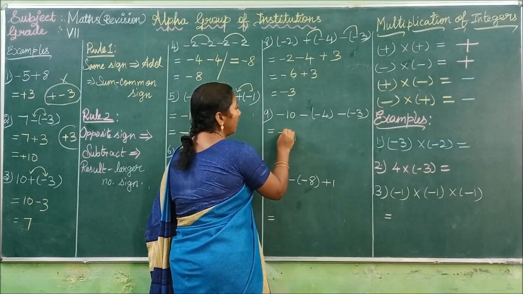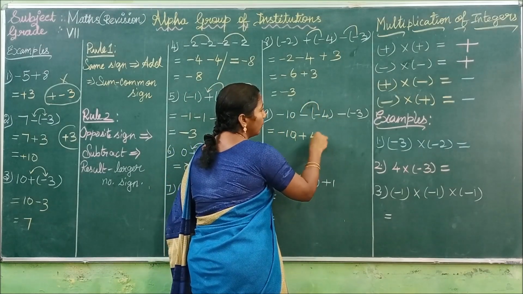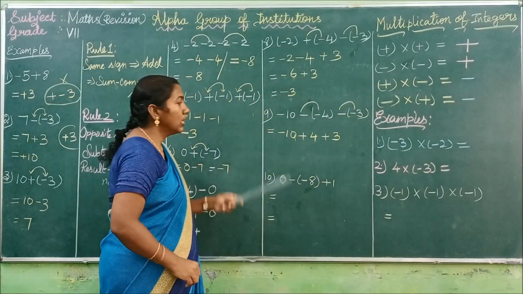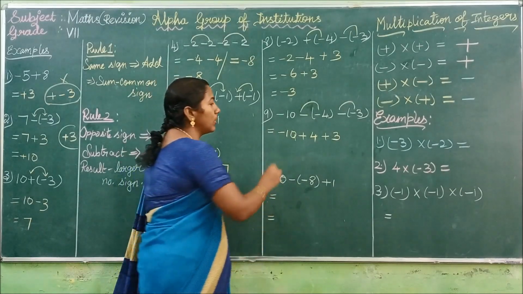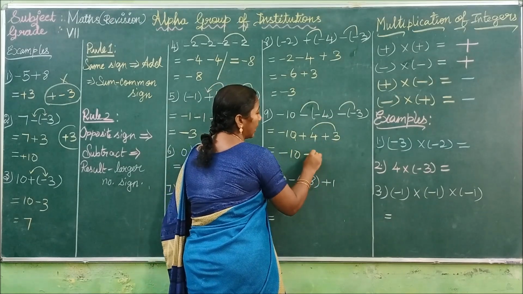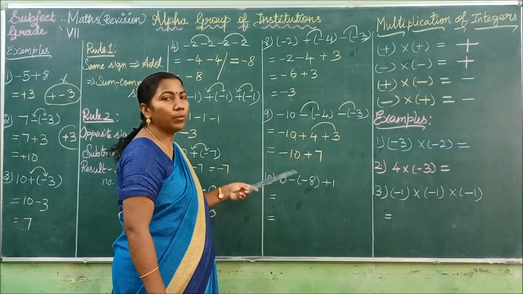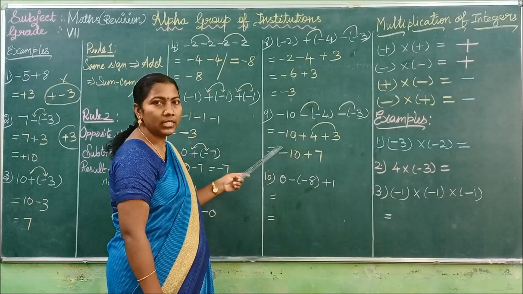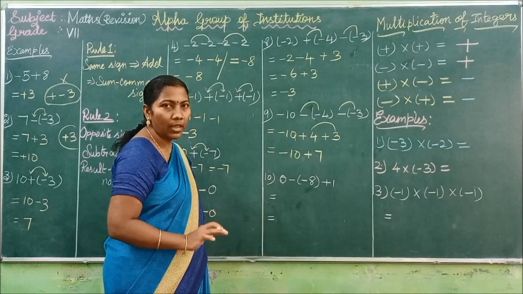See the next one. What is the first integer? Minus 10. Minus into minus, plus. Right, integer 4. Minus into minus, plus. Write the integer as it is, 3. Okay. See the given integers: minus 10, plus 4 and plus 3. First I am evaluating these two. Minus 10... they are in the same sign, so you get the answer 4 plus 3, 7. Okay. You can do this sum in another method also. What is it? You can evaluate minus 10 and plus 4, you get the answer minus 6. After that you have to add plus 3. Okay. Both methods give the same answer.